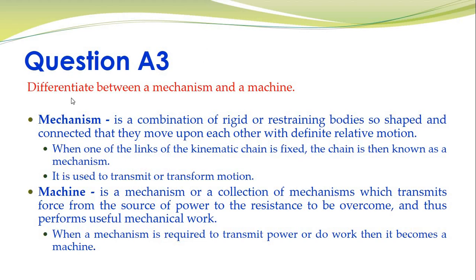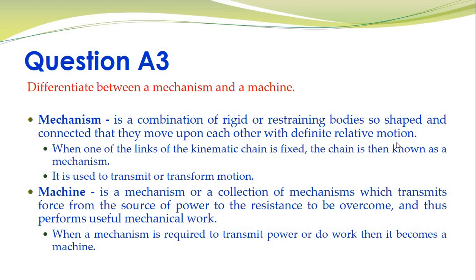Moving on, let's look at A3. You have to differentiate between a mechanism and a machine. This is a little bit tricky, but the definition is already given to you in your lectures. The sole purpose of a mechanism is basically to convert motion or transfer motion. When one of the links of the kinematic chain is fixed, the chain is then known as a mechanism. A mechanism is a combination of rigid or resisting bodies so shaped and connected that they move upon each other with